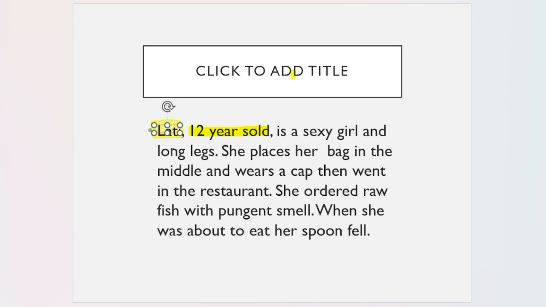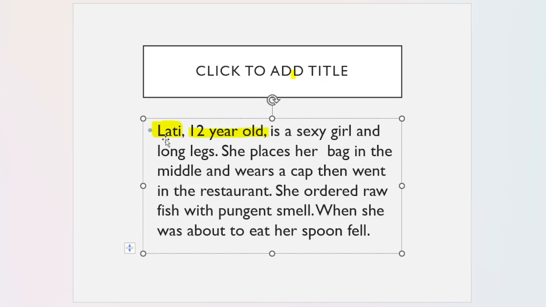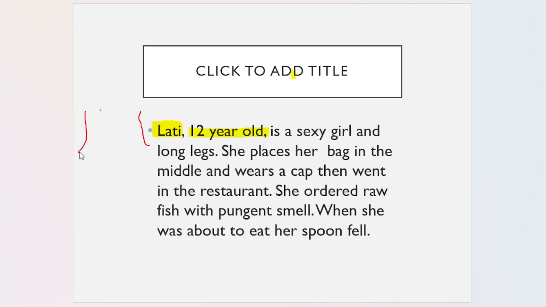Okay, so Lati, a 12-year-old, that should be old, ha? Palitan ko na nga. A 12-year-old, Lati for Latum, 12 years old, that is for vitamin B12, is a sexy girl. So, I am referring here dun sa proglottids. Okay? Kasi if you remember, yung kanyang proglottids, hindi siya straight. Instead, may paganon. Diba? Okay? Yan. A sexy girl and has long legs.